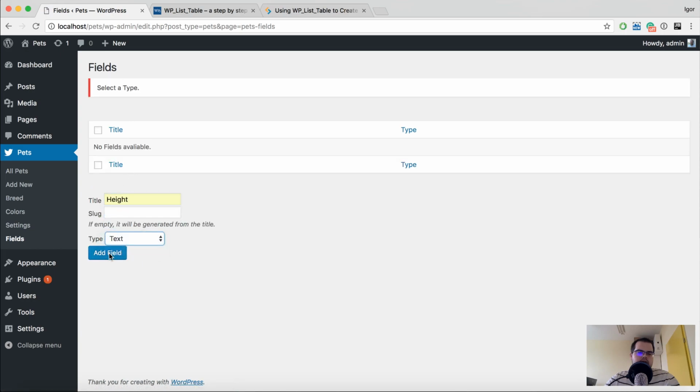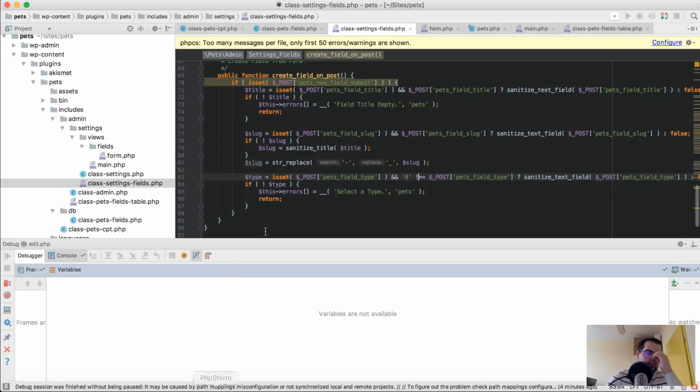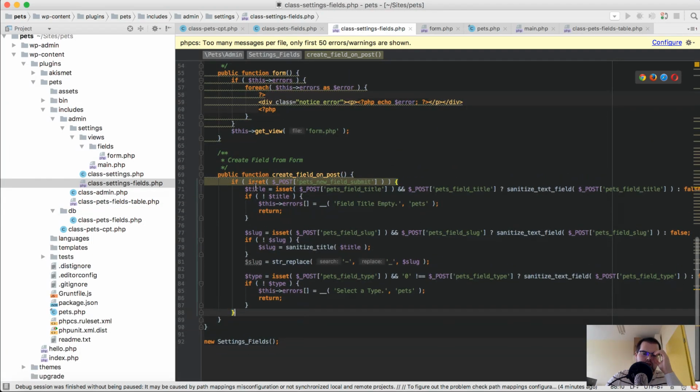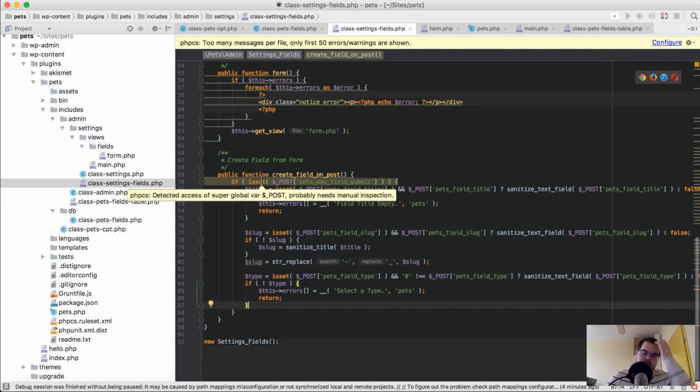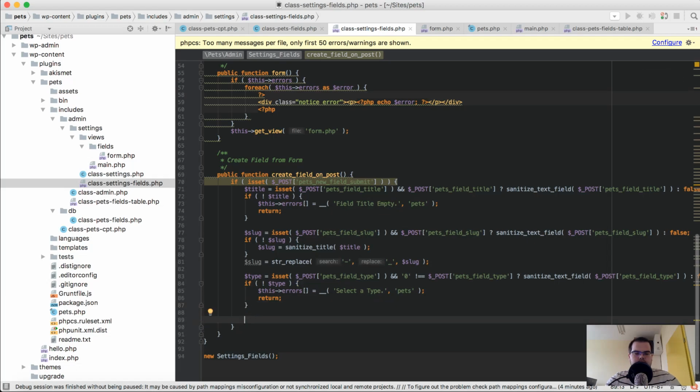If I choose a height and a text, we're good. Okay, so now we are good to go here, but we still have to pass that somewhere else, and that is, so we will have the pets